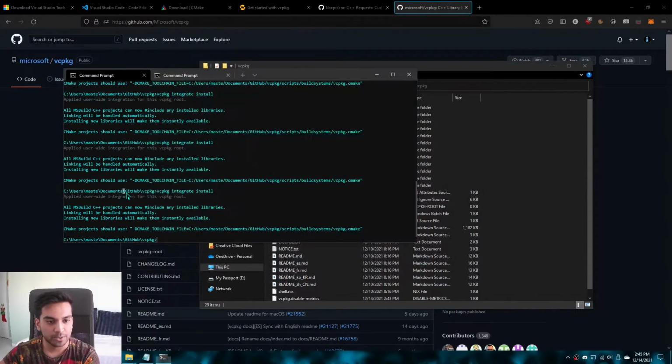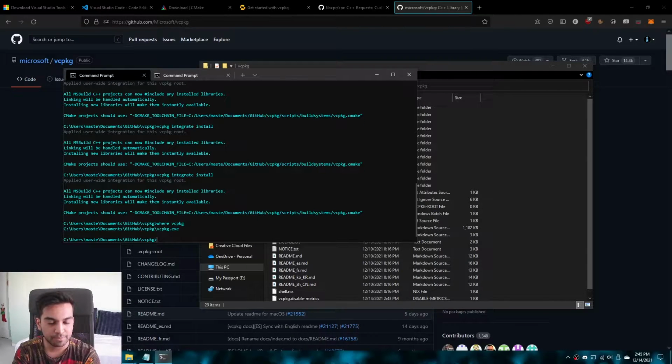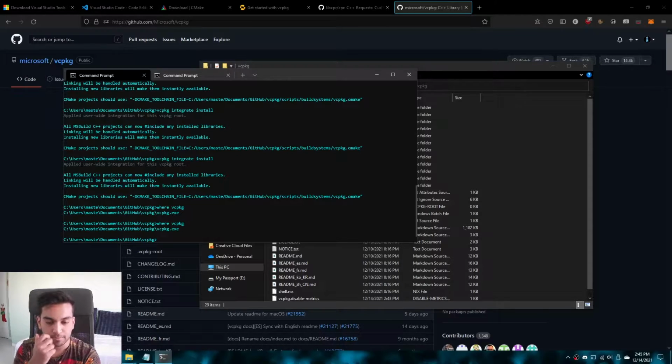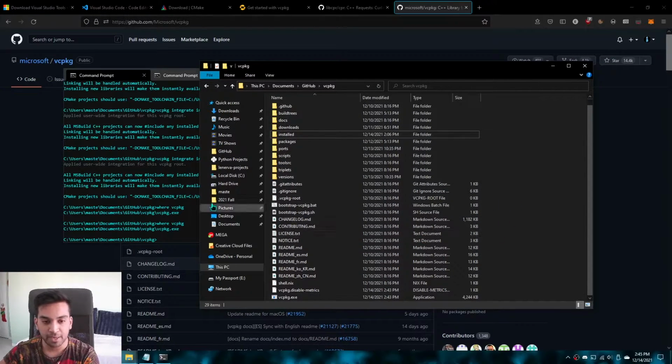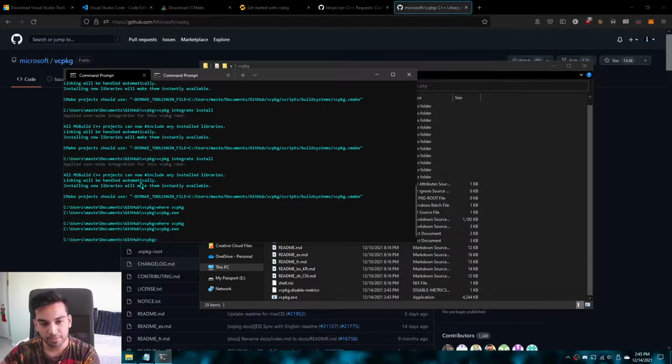After we've done that, you want to make sure, in a new terminal, that you can spot it. Since I've already added Vcpkg, we can actually spot it. It's detectable, but if you just added it to path, you need to open a new terminal. Now, since we have installed Vcpkg, we can do an example of installing a library. We can do vcpkg install